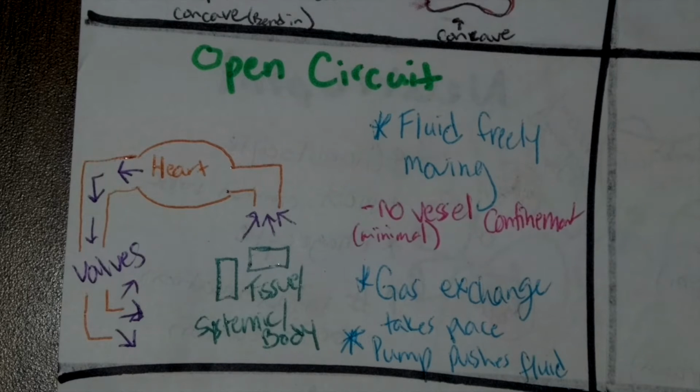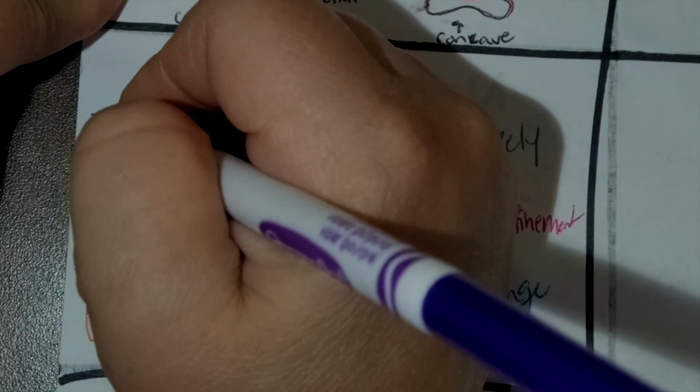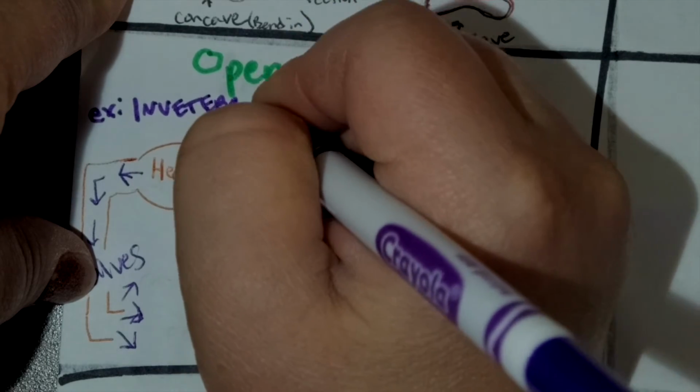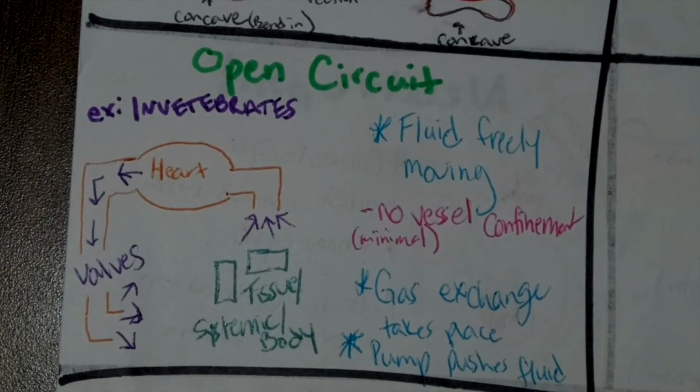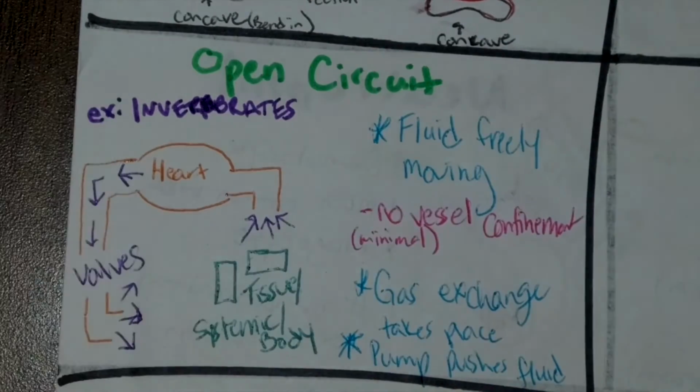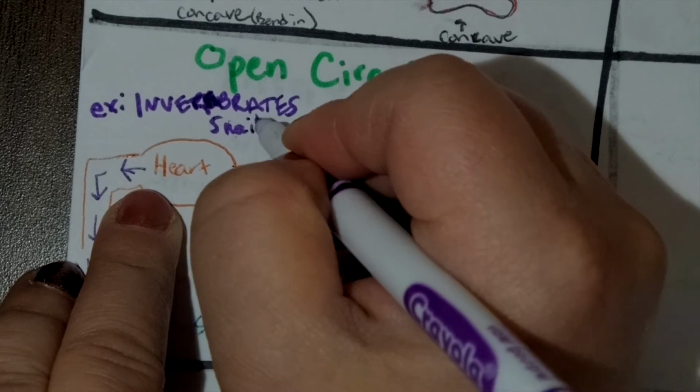Non-mammals. And not just non-mammals, because a reptile doesn't have an open circuit, right? A reptile is going to have veins and things. So we're looking at snails, clams, invertebrates, things without a backbone. So my example are my invertebrates. I forgot an R. There's an R in there. Invertebrates. Snails, clams,